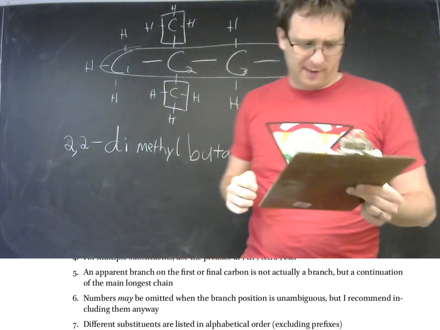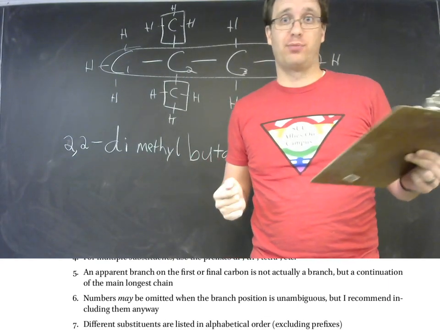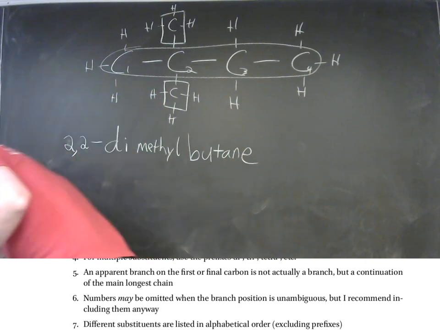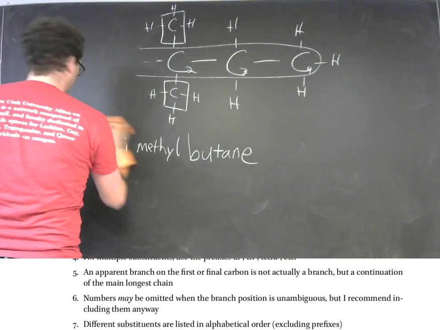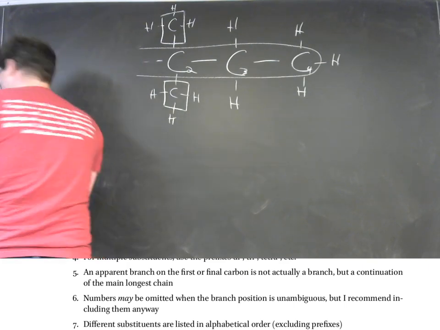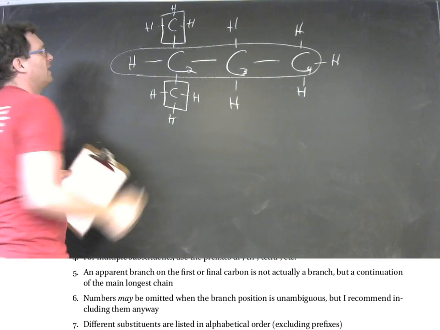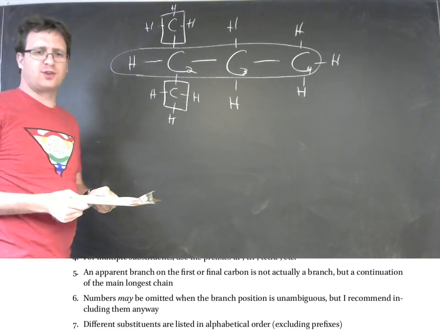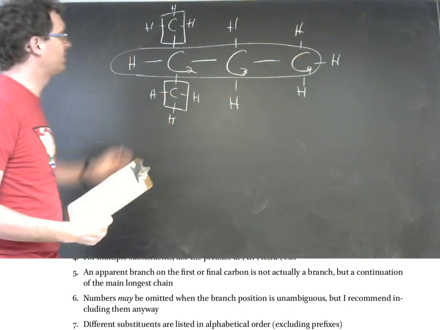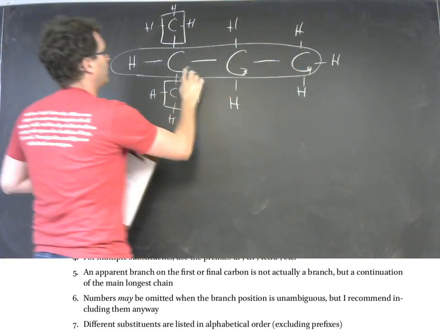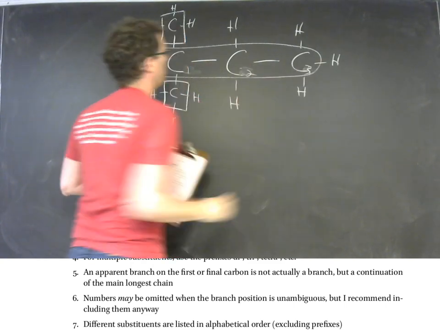So step 5 is really just how to do step 1 properly. So let's suppose that I'll erase the name. Okay. Let's suppose that I gave you this structure and you said, oh, the longest carbon chain is 3 carbons long, and so this is, I'll have to redo my numbers here. 1, 2, 3,